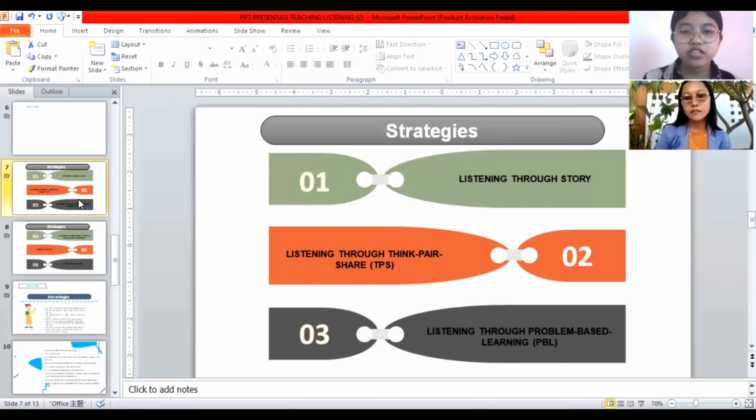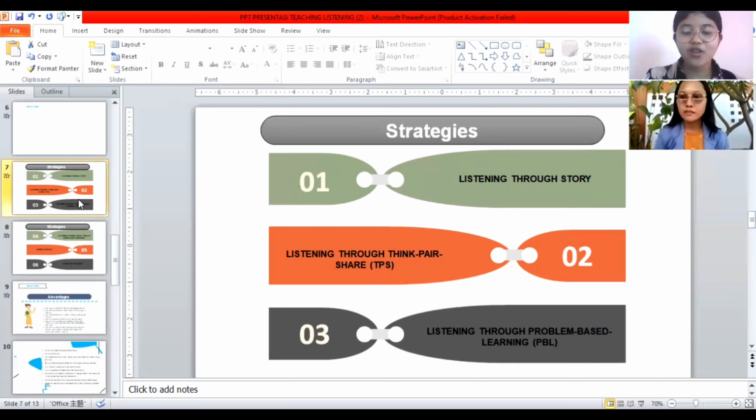The fifth one is students are asked to answer questions read by the teacher while listening. The sixth one is teachers and students check the students' answers classically. The seventh one is students are asked to convey the moral message of the story. And the last one, students are asked to summarize the story they have heard using their own words.